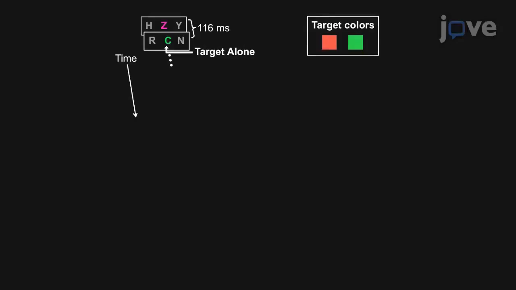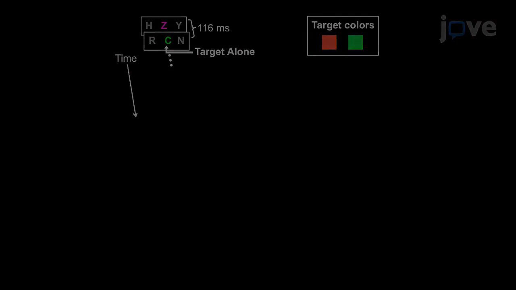Before beginning the experiment, select the trial types and the number of